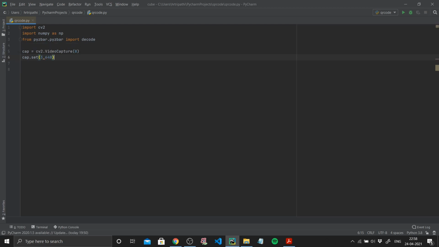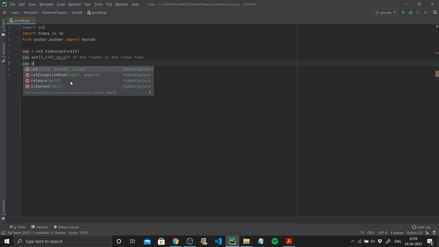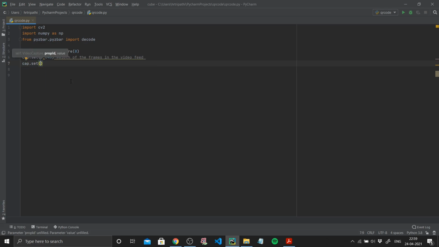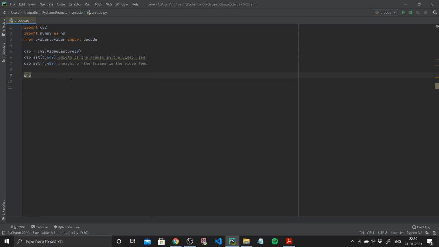This 3 corresponds to the width of the frames in the video feed. Next up I'm going to be setting my height. So cap.set. For the height, the property ID is 4, and I'm going to be passing 480 as the value of the height. This is the height of the frames in the video feed.